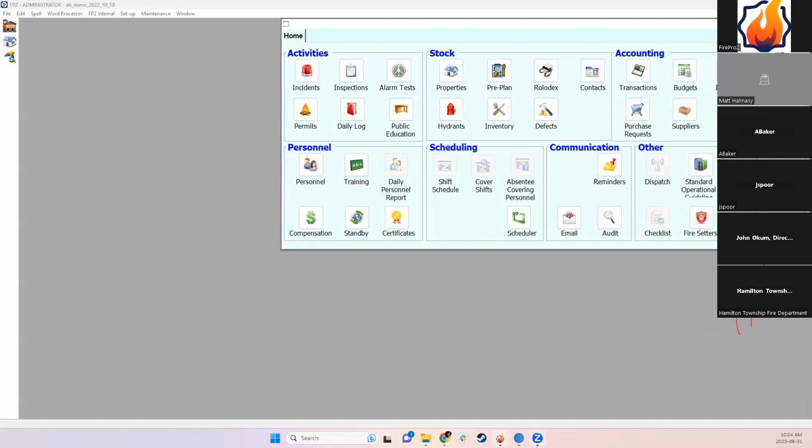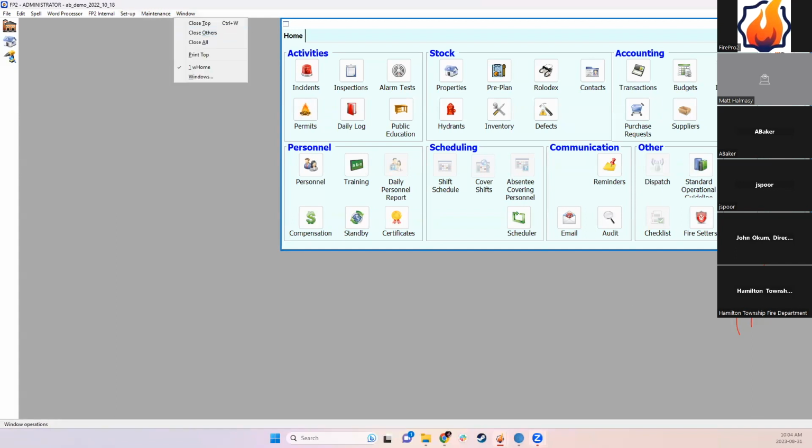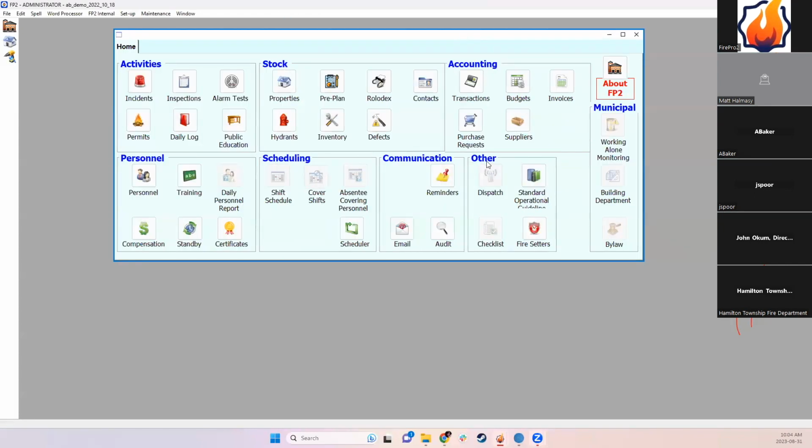So let's not draw on the screen if we can help it. What we're going to do here today is start by talking about how user licenses work in FirePro in general. So if I go in and take a look at my user setup in the program, you can access this in a couple of different ways. The simplest way to do it is